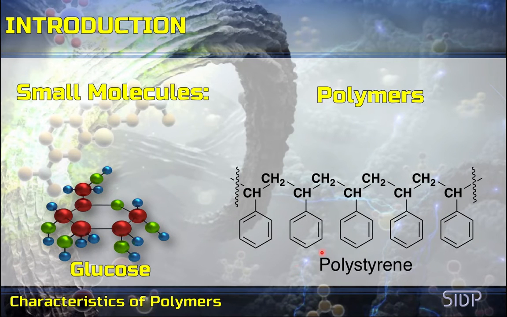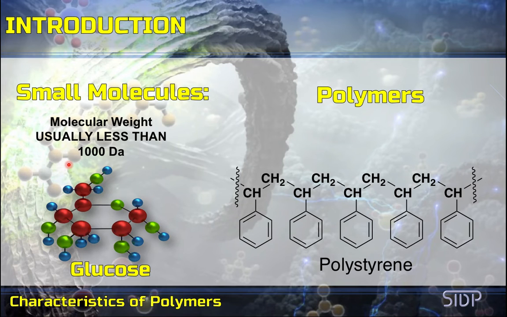The difference in behavior between ordinary organic compounds and polymeric materials is due mainly to the large size and shape of polymer molecules. Common organic materials such as alcohol, ether, chloroform, sugar, and so on consist of small molecules having molecular weights usually less than 1,000. The molecular weights of polymers, on the other hand, vary from 20 to hundreds of thousands.